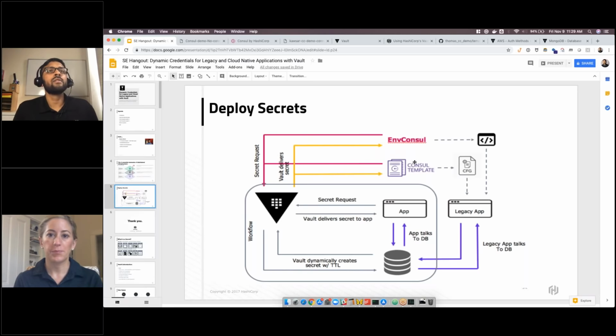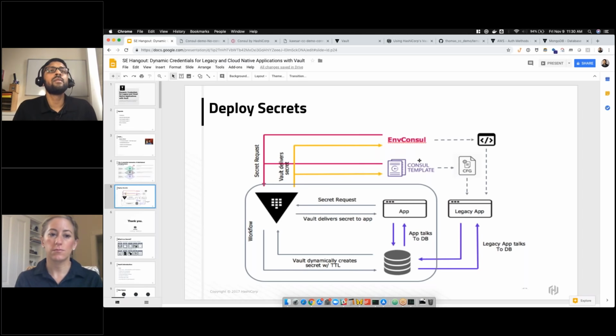So that's EnvConsul. Consul-template does something similar, but instead of setting environment variables, it writes out a configuration file. A common pattern with any application is, during start time or during runtime, it reads a path in the file system, which has a set of key value pairs or properties that configures the application, right? And part of that configuration can include your username, password, or whatever secret information is relevant to the